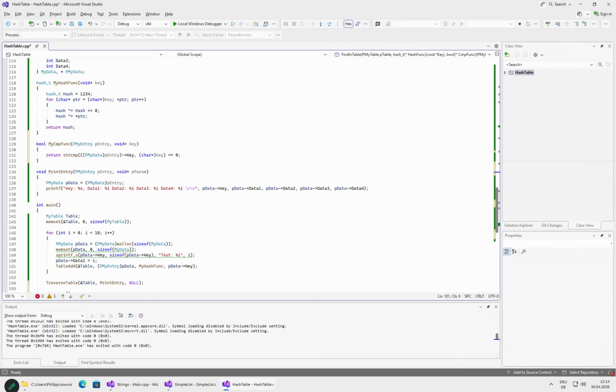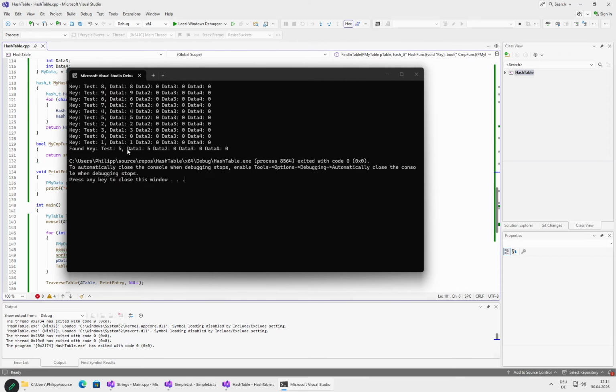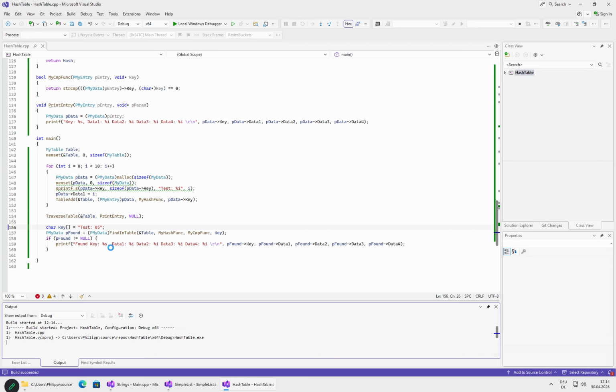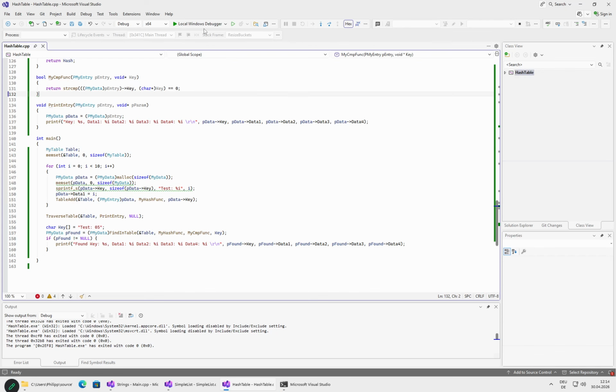Right, let's run it. And we found 5. So of course, if we would enter something we don't find, like 0, 5, then we will not find it. And we are out of time, so let's